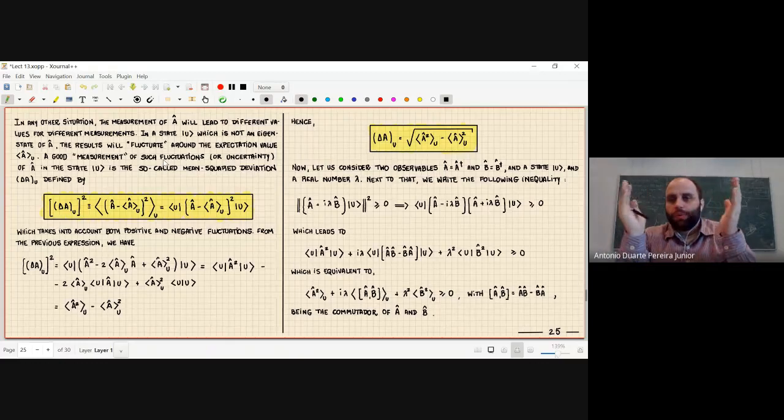But you can compute the difference between these two things. And the difference is what we call a fluctuation of these values. So A hat acting on the state u gives you